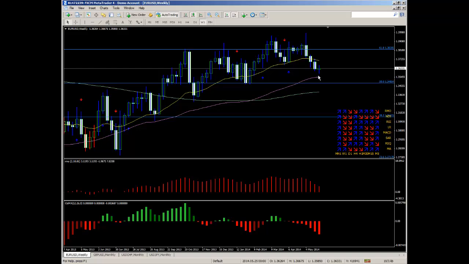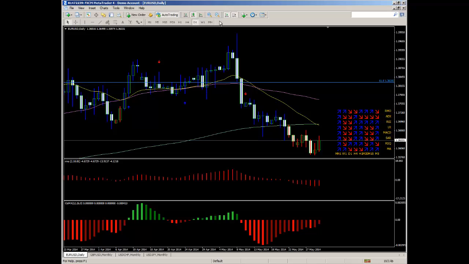As it stands at the moment, ideally, you'll notice on the weekly we still have the bias up. However, we do need to see a blue arrow. The last arrow we have is one of positiveness here, but you'll notice that the Osimo indicator is very much negative, and the R squared is not really confirming that negativity we're seeing at the moment. So indecision last week, and if we look on to our daily, you'll notice that the institution moving average now is